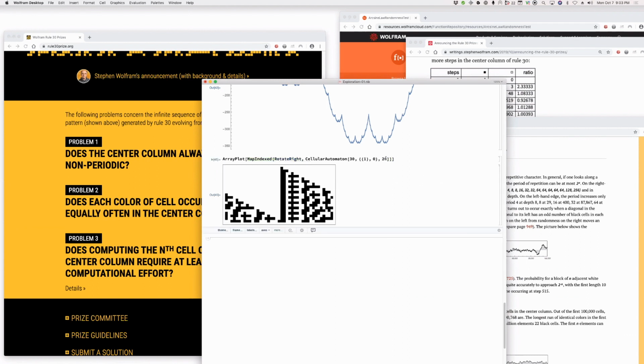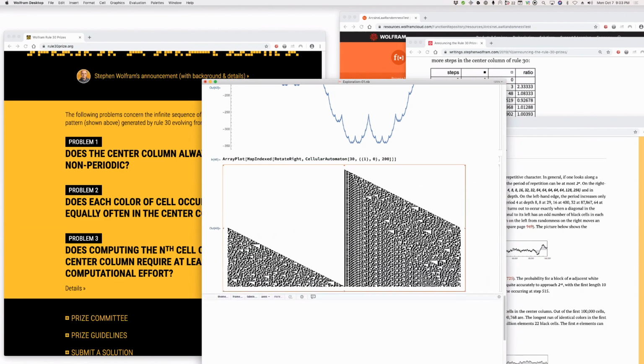Okay, so that's showing me the left-hand edge. That's showing me the pattern after I've rotated it. So that's showing me the left-hand edge, and on the left-hand edge, things become periodic, right? And it's showing, in fact, that there's a line of separation between the periodicity on the left and the randomness in the middle. And that line goes at a speed of about 0.25